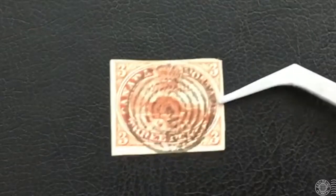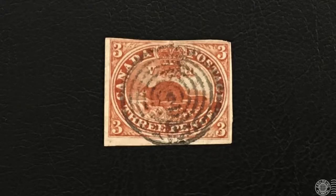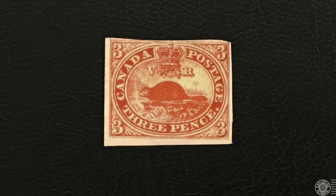And I actually have one, but it has an obliterator. Yep, thanks Canada, my 3-pence beaver has been obliterated. But let's take a closer look, and with a little bit of technology we can clean this up. Ah, that's better. The stamp depicts a beaver with an oval frame, and it is considered to be Canada's very